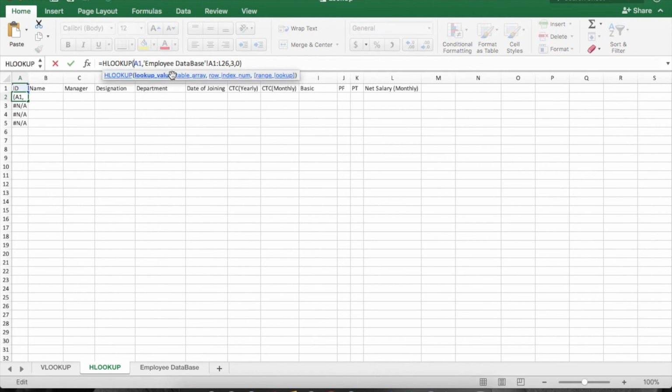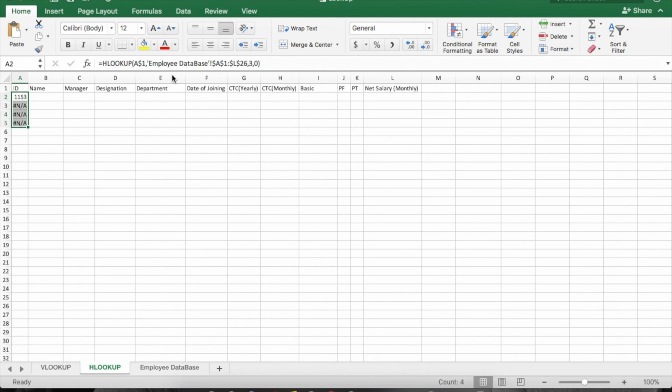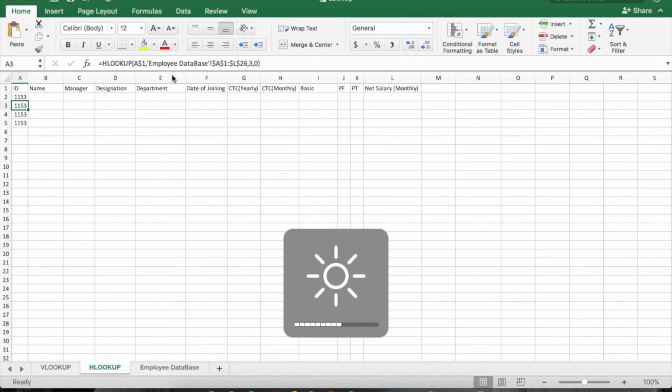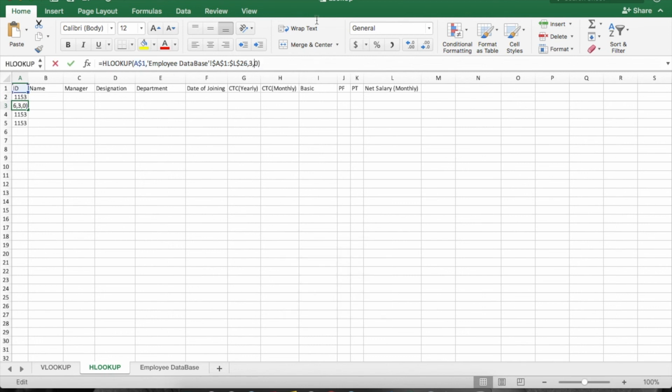So what you have to do is lock the row. So this is A1, A stands for the column, 1 stands for the row. So now I have to lock the row here in the lookup value. I will put a $ sign here, and I also need to lock the table array, because I don't want it to change every time I drag it. Now if I drag it, see, everywhere it is 3. Now if I change it to 4,